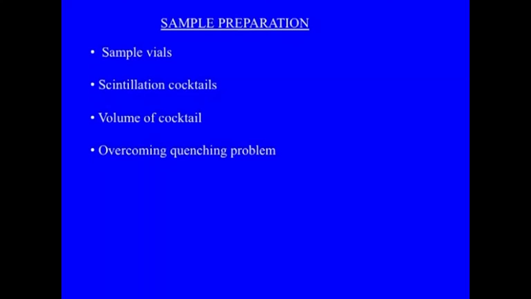Then a very important part of sample preparation is scintillation cocktails. Scintillation cocktails are mostly solutions of fluors, and there could be different types of scintillation cocktails, involving solvent as well as primary and secondary fluors. There are two types: those which are miscible with aqueous solution and those which are not. The majority of radioactive species are present in an aqueous form and as such are not miscible with aromatic solvents, which are your